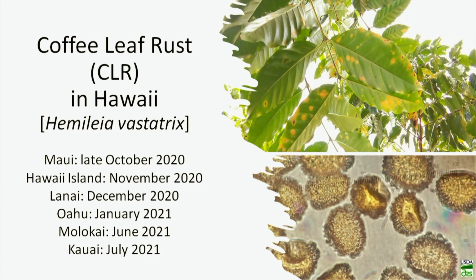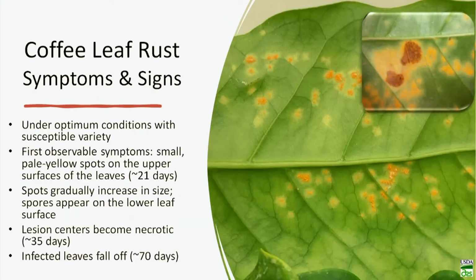Okay, the newest invasive species is coffee leaf rust, the obligate parasitic fungus called Hemileia vastatrix. Now, with rust, the abundant production of spores, the ease of distribution, first being detected on Maui, the end of October 2020, within 6 months, is now present on all coffee growing areas of our state. These are some early symptoms, the chlorotic spots, then the spores, which is actually the sign of the pathogen. You can see as it gets bigger, necrosis follows, and ultimately leaves start to defoliate.